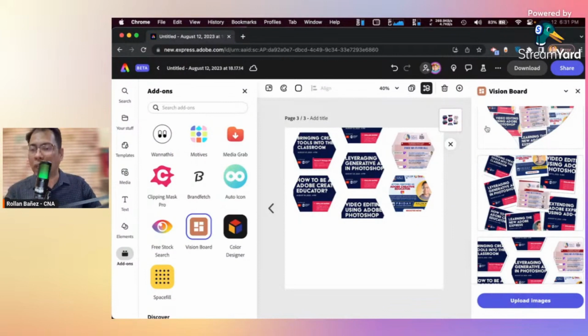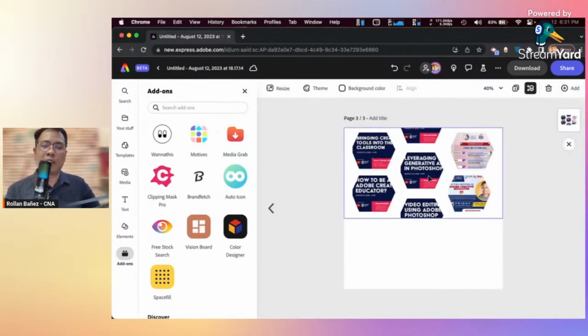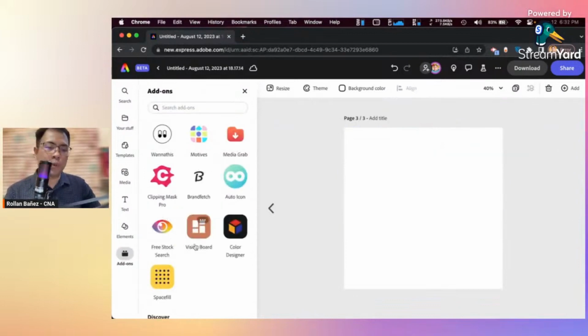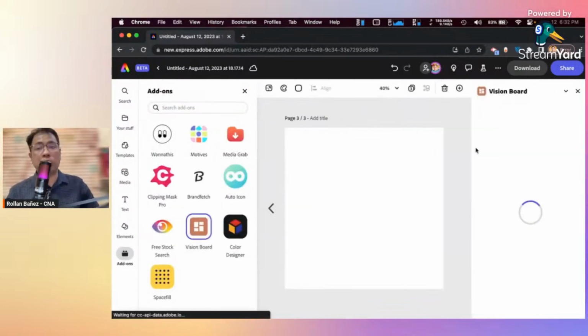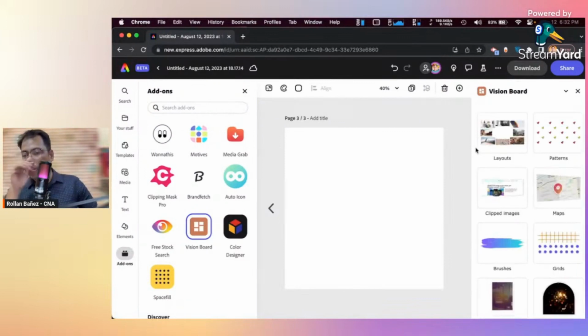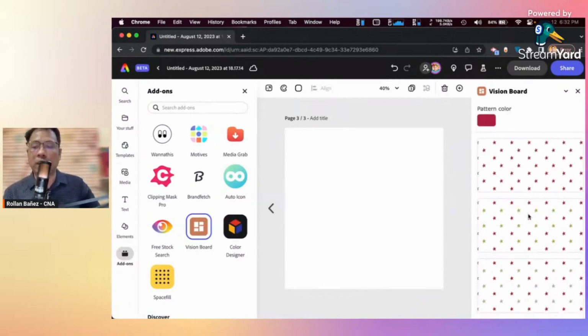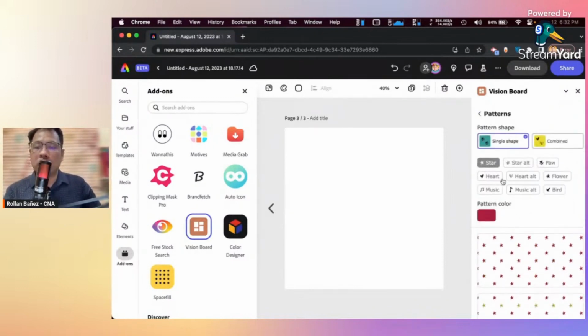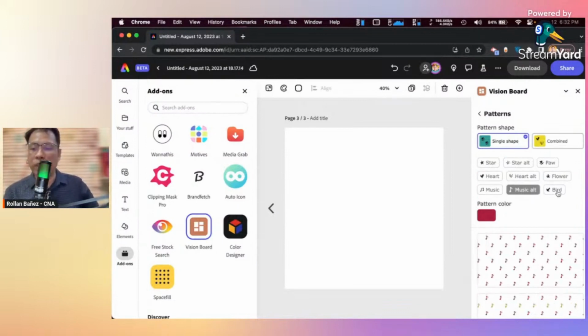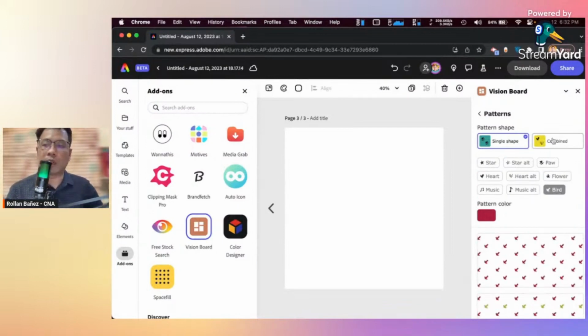That's one thing about Vision Board. Let's close this. So I just demonstrated to you Vision Board, but that's just for the layout. Again, I said it's a multi-design tool. You can easily add patterns here. Let's click on patterns. You can easily create patterns here. You can add music patterns. You can add a bird pattern. You can have a combined